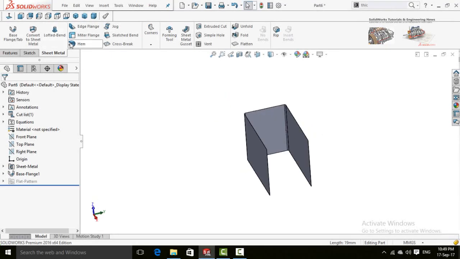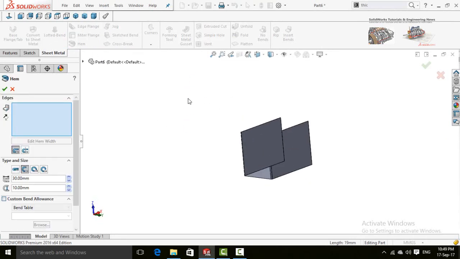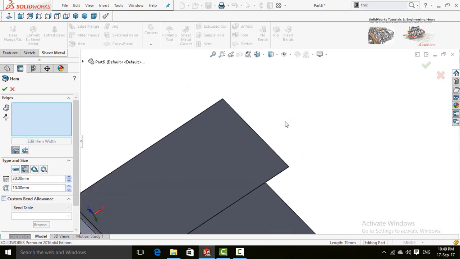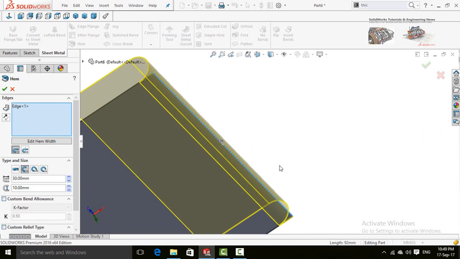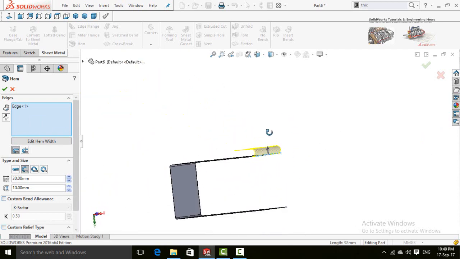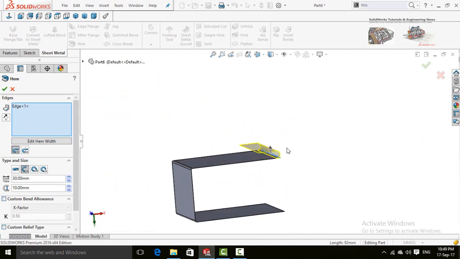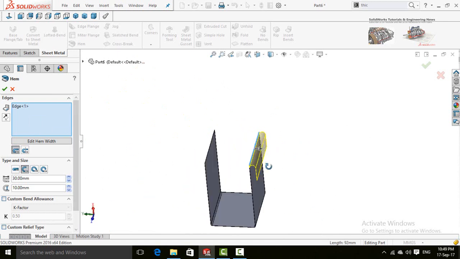So now next command is hem. If you press this hem command, see how it's working. First of all, it will ask you about edges for hem. If you select this edge, see how hem is created. You can also select multiple edges.